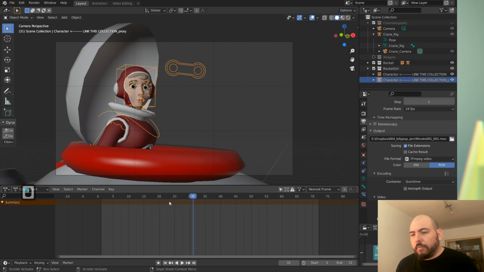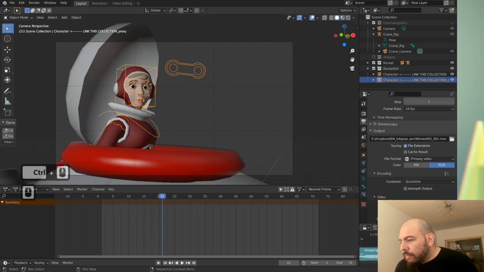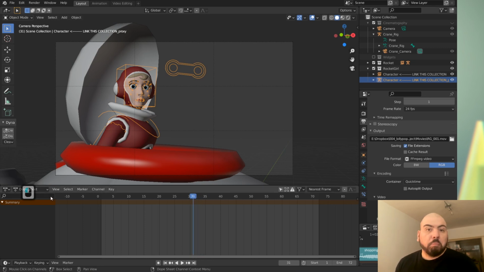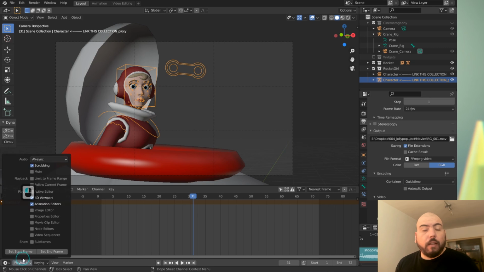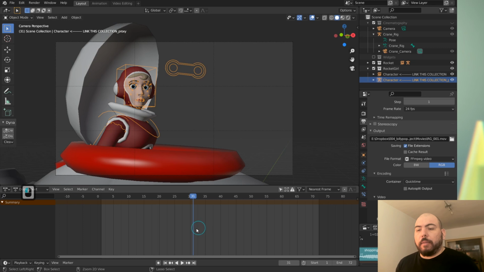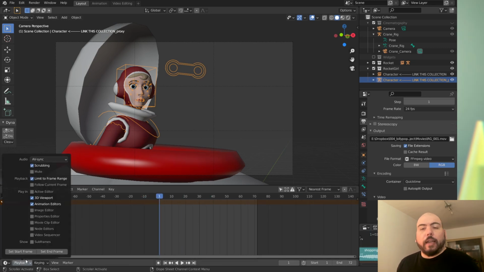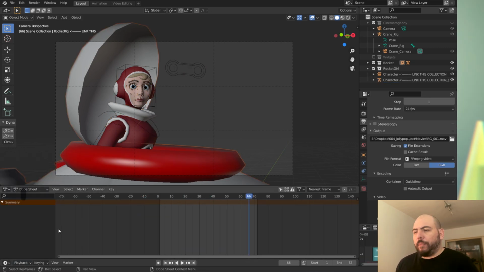Maybe I'm being too slow, too fast. Doesn't seem great to me. I haven't used scrubbing in Blender for so long. Then playback, you can limit the header to the playback range, so you can't go outside of the boundaries. Boom.